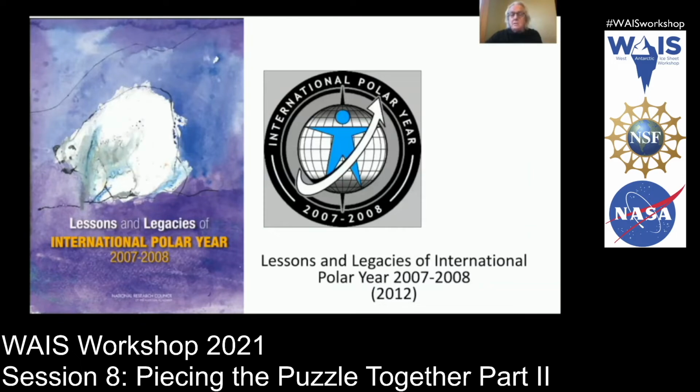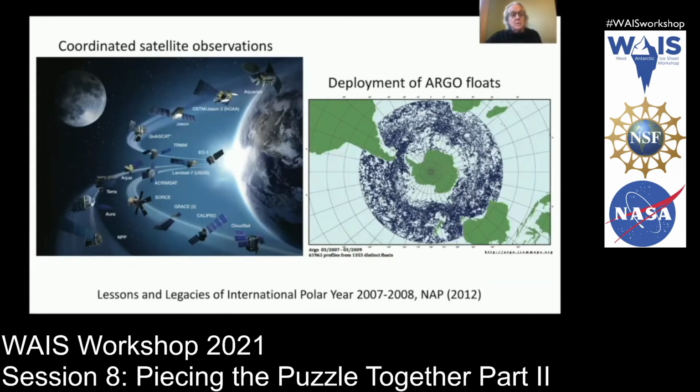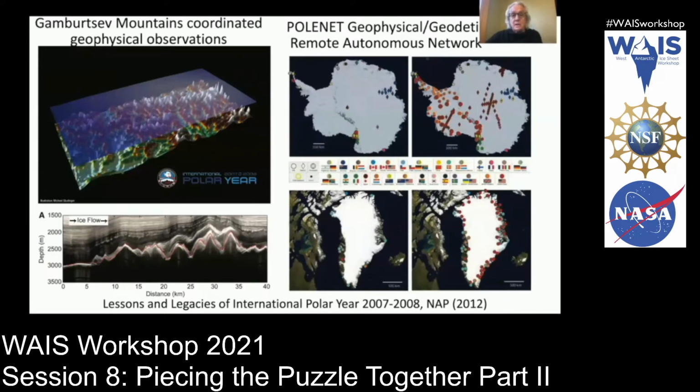So when you think about successful international collaboration, of course, your mind turns to the International Polar Year, and of the many amazing projects that succeeded during IPY, we can point to the coordinated polar observations from the constellation of NASA satellites, the coordinated deployment of Argo floats for oceanic observations, the coordinated ground-based and airborne geophysical observations that allowed exploration of the subglacial Gamburtsev Mountains and the overlying ice sheet, the coordinated deployment of autonomous geophysical and geodetic sensors that really provided a step function in the spatial coverage of observing in Antarctica, Greenland, and other parts of the